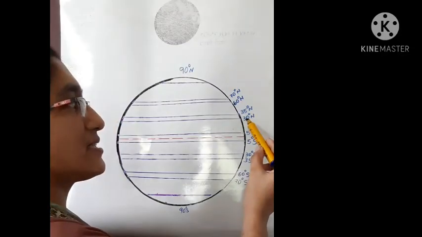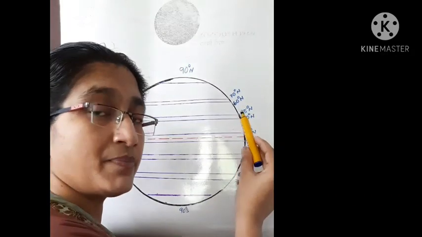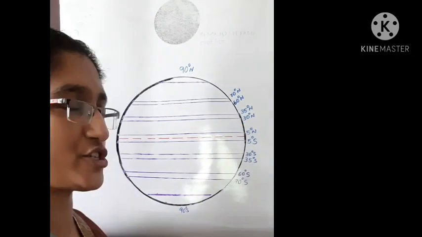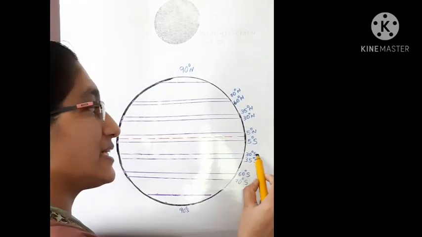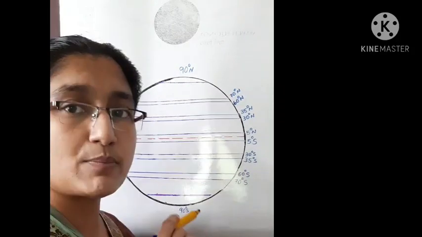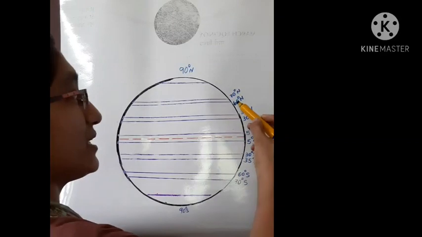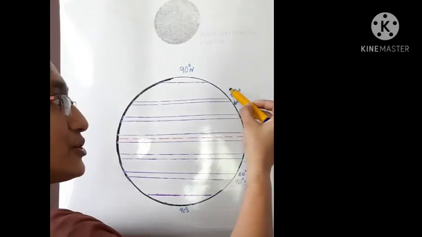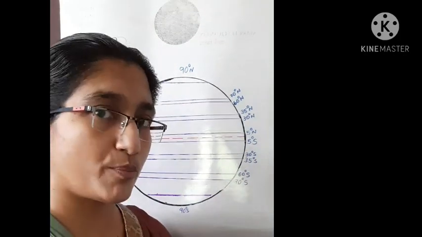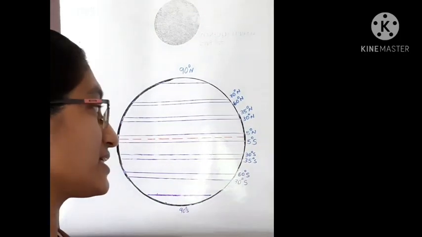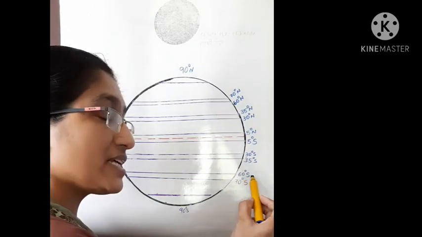Next, between 30 degrees north and 35 degrees north, a high pressure belt exists. That is the subtropical high pressure belt. In the southern hemisphere also, in the same way, between 30 degrees south and 35 degrees south, the subtropical high pressure belt exists. Then further poleward, between 60 degrees north and 70 degrees north latitudes, we can find the subpolar low pressure belt. The subpolar low pressure belt exists again in the southern hemisphere between the latitudes of 60 degrees south and 70 degrees south.